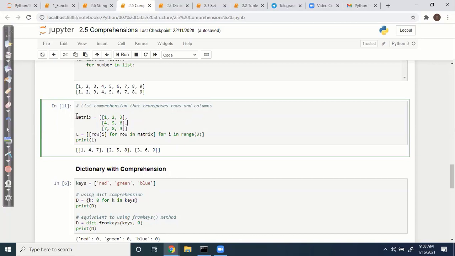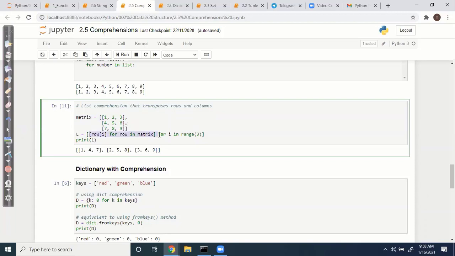That is the main thing. I'm not asking you to explore any new thing. Here we have a matrix. Through comprehension, what we are doing is changing rows to columns, the transpose of the matrix. The rows will be assigned to columns, and columns to rows; they get swapped vice versa. In a single line we can do all of this.